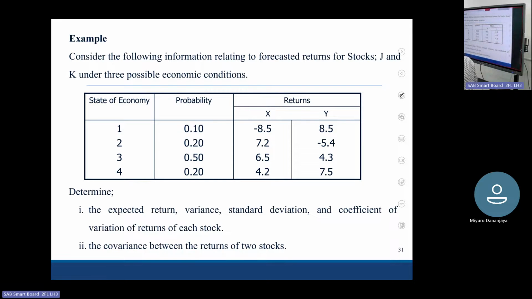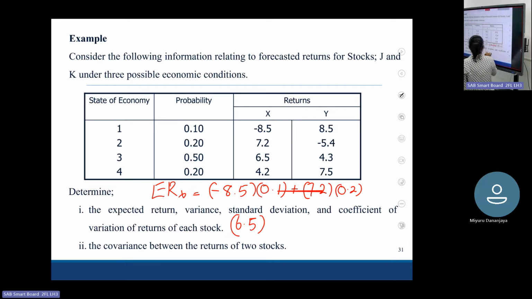Right. So now we can calculate the expected return for this one. Expected return of X is equal to, by that formula, the forecasted return under the first state of economy, minus 8.5, into the probability of this first state of economy happening, 0.1, plus the forecasted return under state of economy 2, 7.2, times the probability of this state of economy happening, 0.2, plus under the third state of economy the forecasted return for stock X, 6.5, into the probability of the third state of economy happening, 0.5,